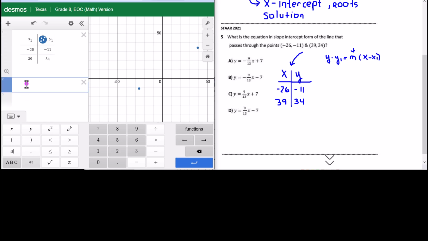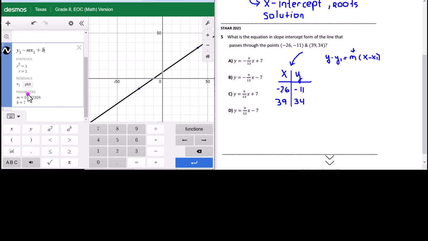And now we're going to use our formula for linear regression. Remember, it's y1, shift the tilde button, and mx1 plus b. And as you can see, we found the slope and the y-intercept. So right there, I know that my slope is 0.692308. And so this would be x and plus b, which is 7. Okay, so off the bat, right there, I see that my y-intercept is positive 7, so I can go ahead